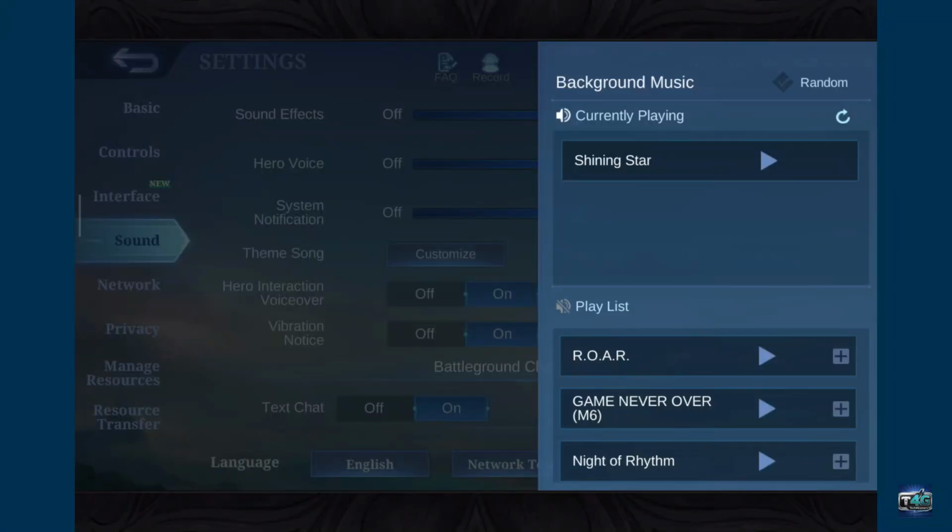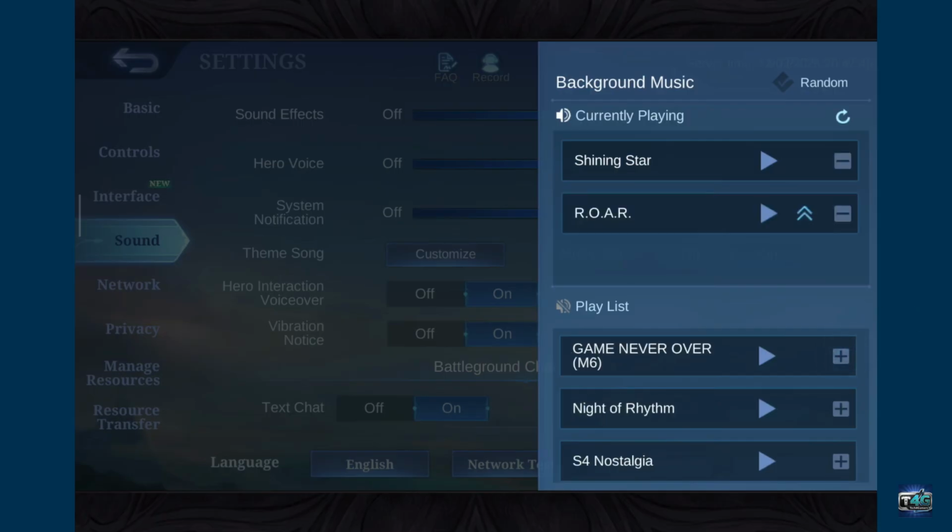On the next page, go ahead and select a new song you want to choose and tap on the plus button right next to it. You can also remove the chosen song by tapping on the minus icon at the top. You can also go ahead and play the song first by tapping the play button, and then after you are